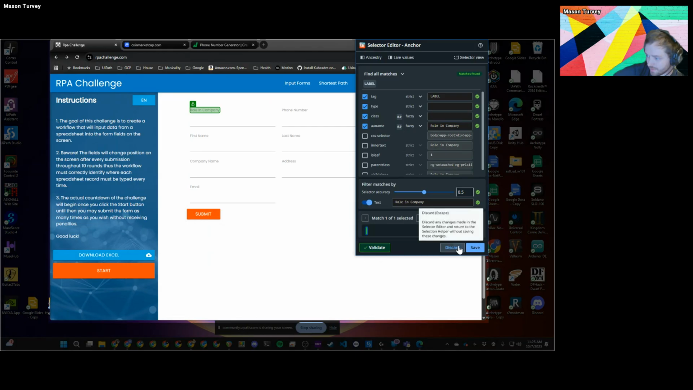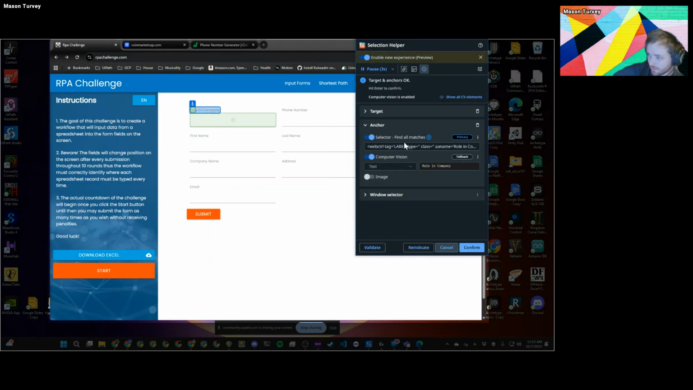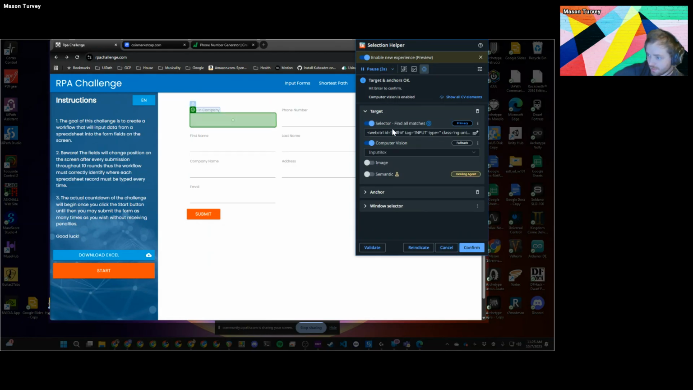We'll go back for just a second. So we have a selector, right? That's what we pulled in when we selected this element. We have a computer vision, right? We have a target, right? This is our actual element. This is what's in green, right? This is our target. We can use computer vision or selectors. I normally turn computer vision off because I don't want it